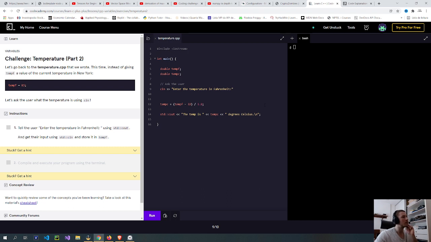Using std::cout, oh, I forgot this. Use std::cout and get their input using std::cin, and store it in temp F. So maybe this is std::cout.